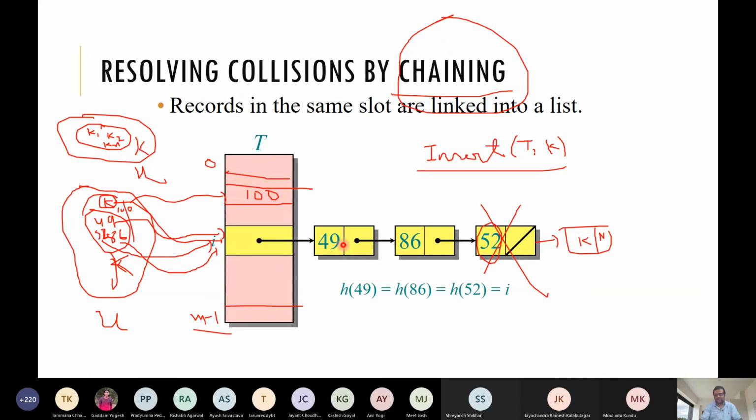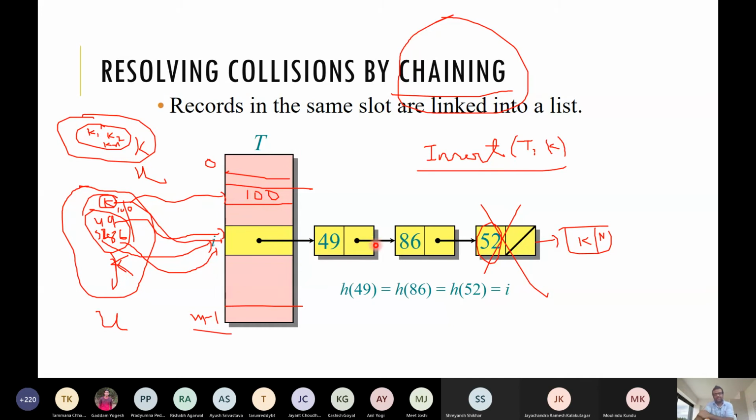So in that case, we have a chain of size n, and all the other cells are empty. Only one cell contains all the n keys. So that is a chain of size n.